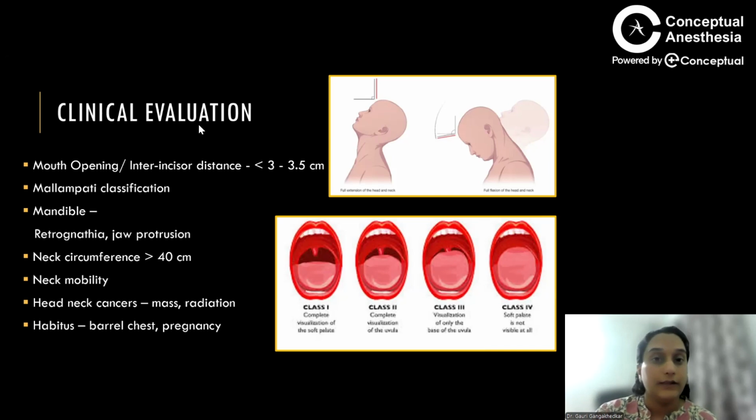Then if you find that, you're going to ask them to protrude their jaw or do what is called a slux test. If they are not able to